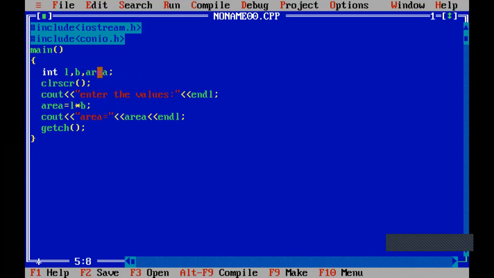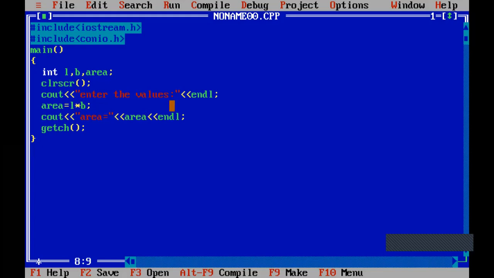Then after this, you had operators. Operators include arithmetic, logical, relational, and many more, that is, 9 types of operators. Here I am making use of the arithmetic operator, the multiplication symbol, which is a basic arithmetic symbol.